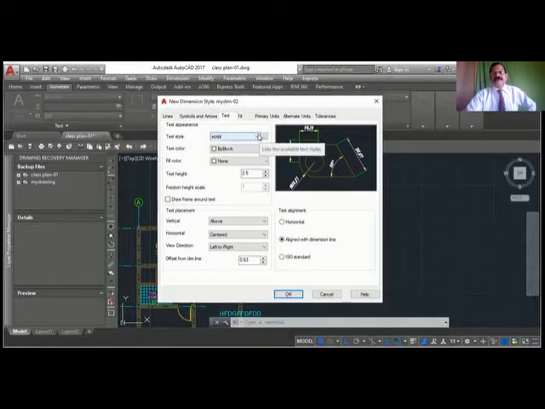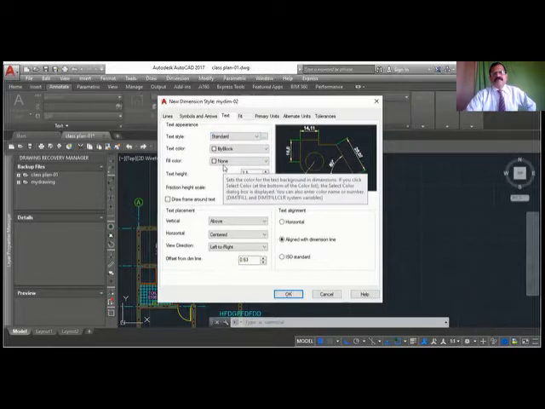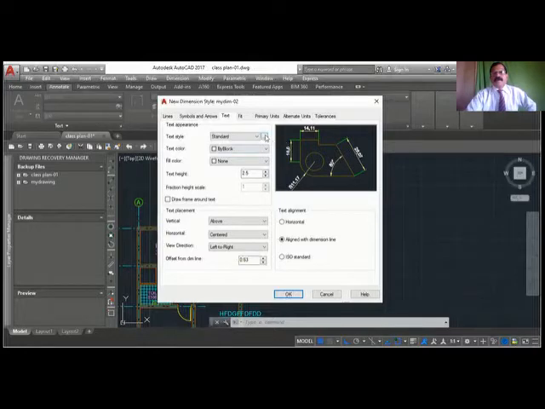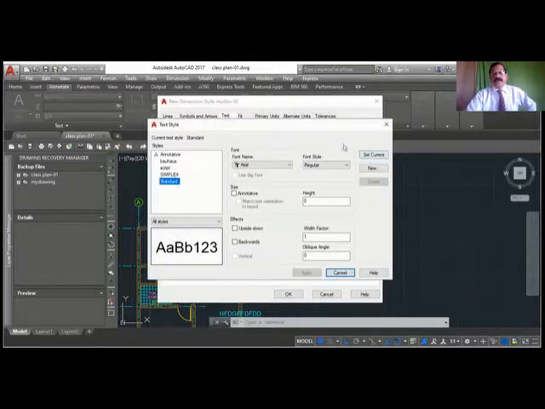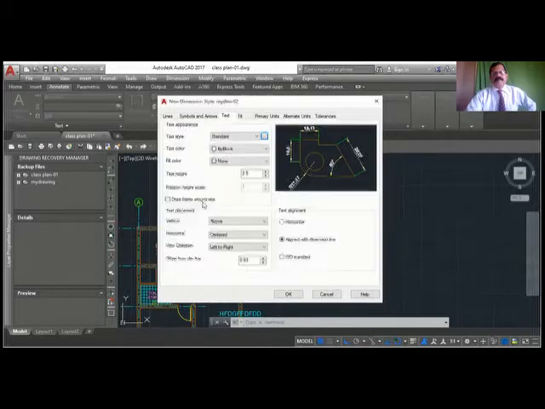You can change to Simplex, Standard, whichever you want. If you have not made a text style, you can just click here, and you will come to the text style box, where you can create a new one and make your own style. So that's what you'll be doing from here.